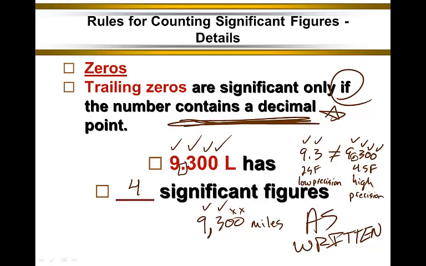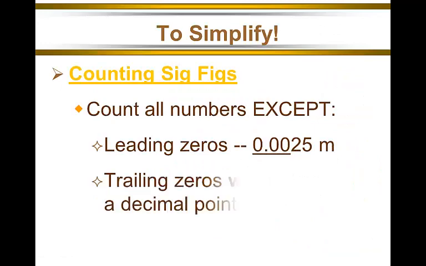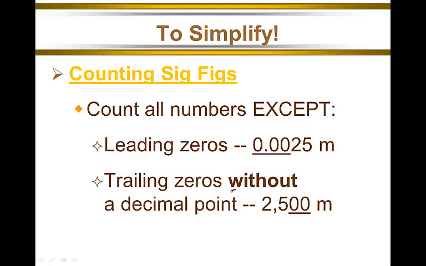So let's tie all this together. Let's simplify. It looks like there's 4 rules, but there's really only 2. We're just going to look at zeros. You count all numbers as significant except leading zeros and trailing zeros without a decimal point. Leading zeros we don't count as significant. Trailing zeros without a decimal point we do not count as significant. And again, look at that 2,500. If you put that in scientific notation, 2.5 times 10 to the third